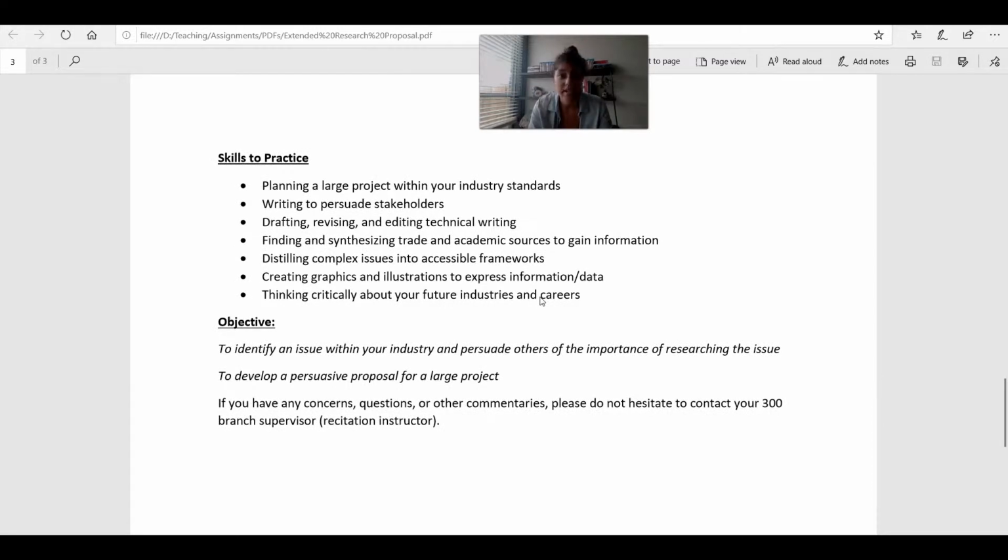So there's a lot of skills that you're practicing, and it's really, as a final project, all the concepts of the class coming together into one big project. So you're planning a large project with your industry. You're writing to persuade stakeholders. You're drafting, revising, and editing technical writing. You're finding and synthesizing trade and academic sources. You're distilling complex issues. You're creating graphics and illustrations to express information. And you're thinking critically about your future industries and careers, issues and gaps, and how you could potentially help solve them through a proposal. And the objective is to identify an issue in your industry, persuade others of the importance of it,